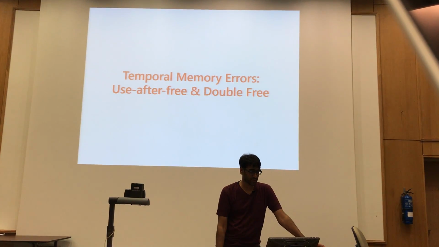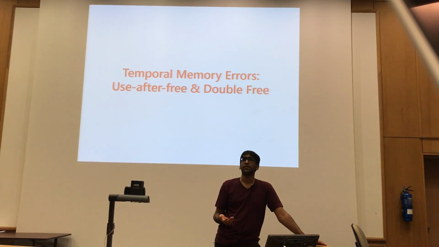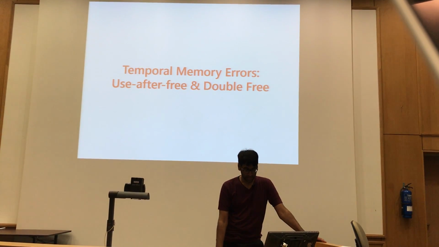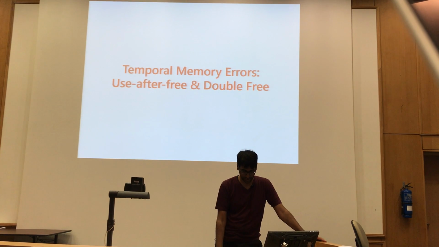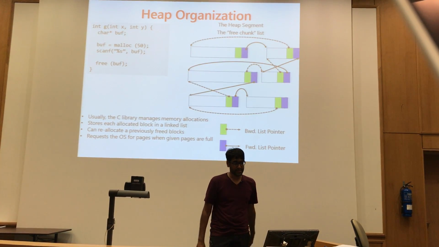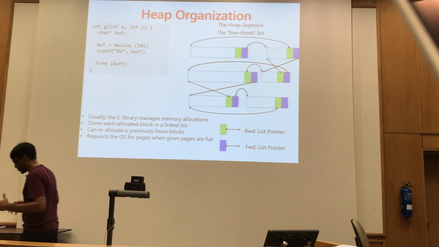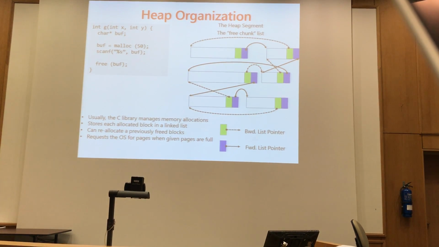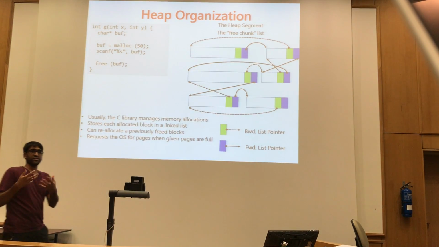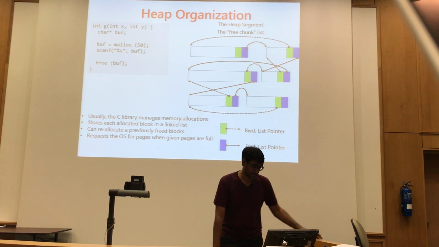Temporal memory errors are things like use after free and double free, where objects are used after they have been freed. So again, the key point to remember here is that to do memory management, the C library has to keep certain data structures. Typically, these tend to be linked lists, because they're relatively easy to allocate chunks to. And what's happening here is that